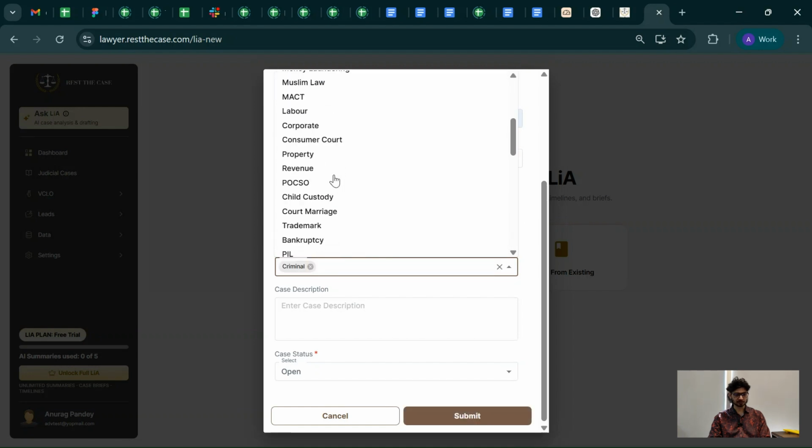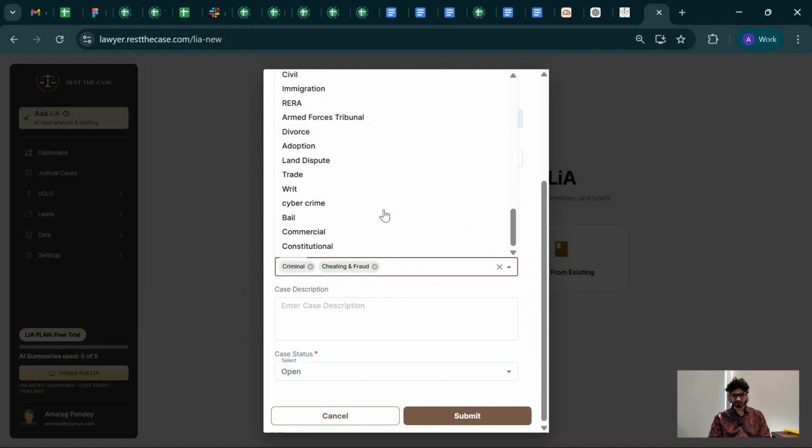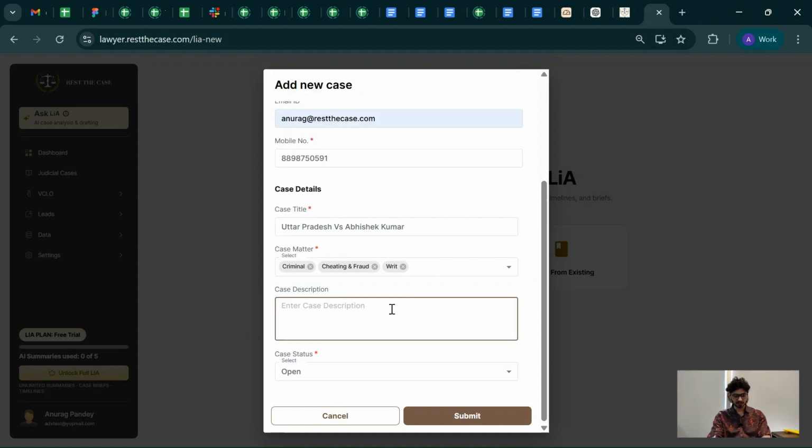We have put in a lot of options you can select. So I'll add a few options, and then I'll write a quick description that this is Abhishek Kumar versus Uttar Pradesh. And I'll select the status. The status obviously will be open, and then I click on submit. Once I've submitted,